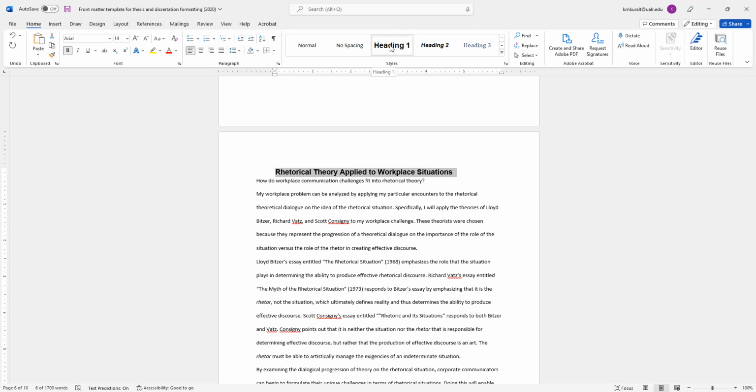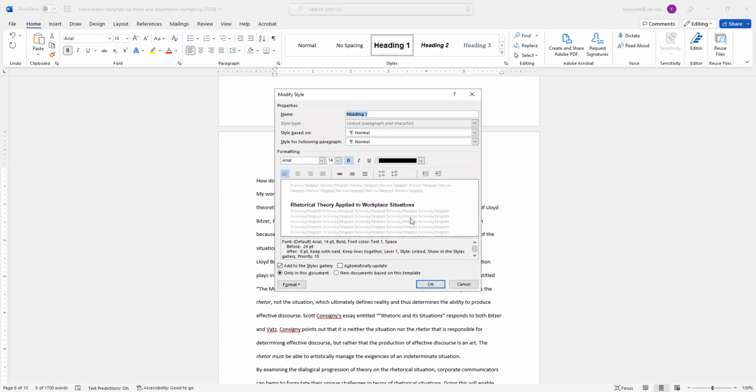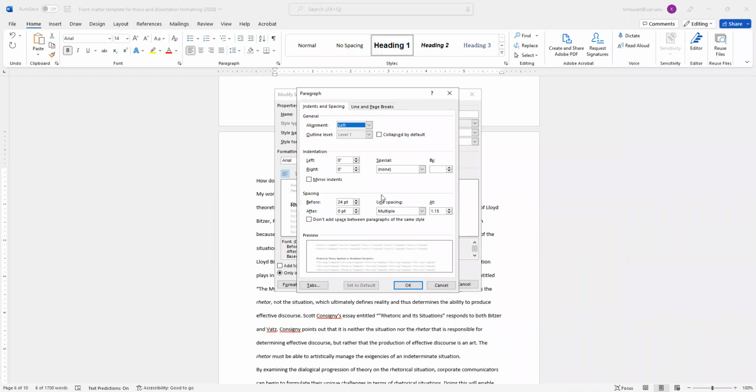So I roll my cursor over heading 1 in the styles box here, and I'm going to right click and I'm going to choose modify. Okay, so the first thing that I want to do is come down here to the format box. Why is this stuff grayed out? This is a new surprise. The styles gallery. No, maybe it doesn't matter that it was grayed out. It's going to let me pick it.